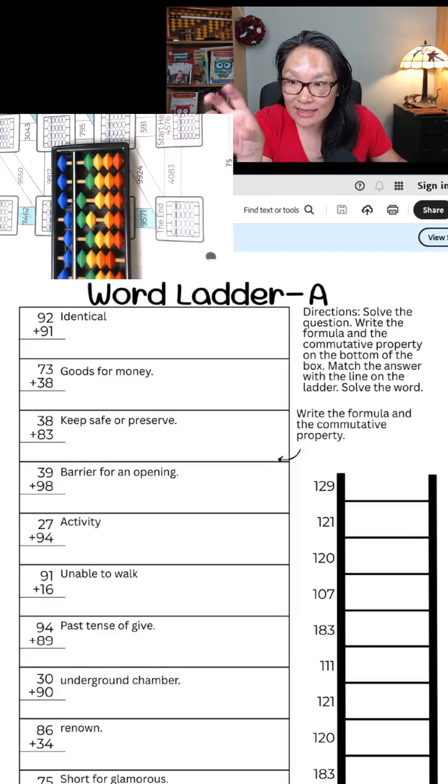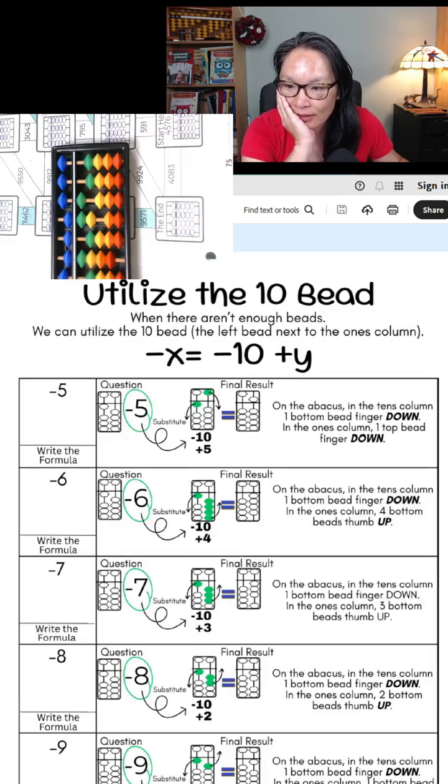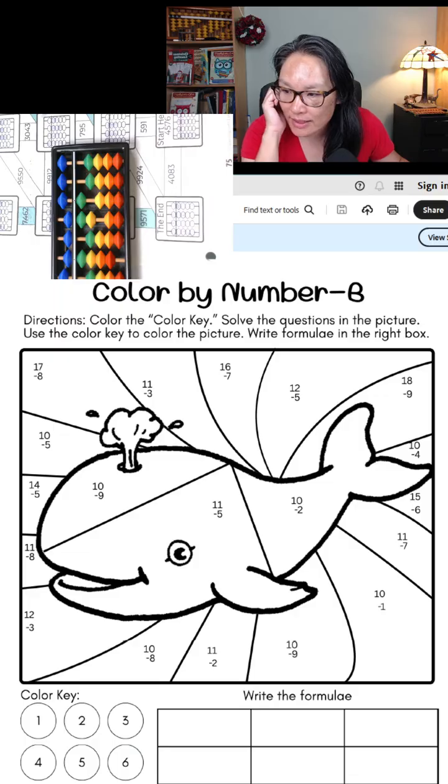So I really like this word ladder, and it's like four letters or something. It's really kind of cool. I'll review it a little bit. Let's see. So then there's a color by number again, and then here I give you a chance to write the formula. If it's confusing now, I could